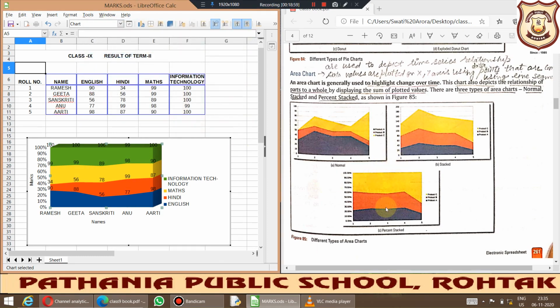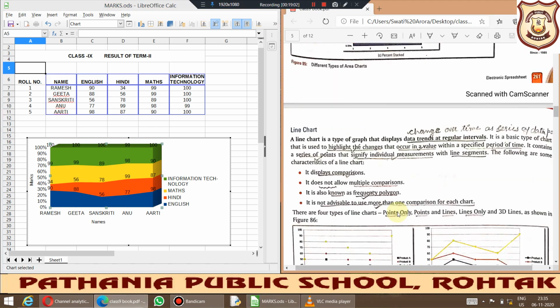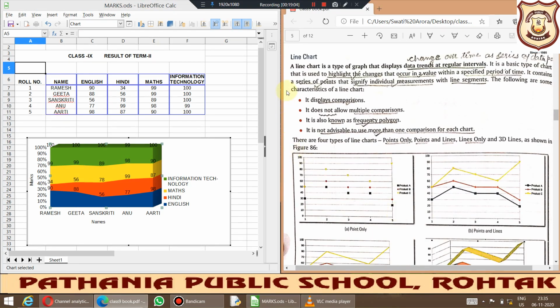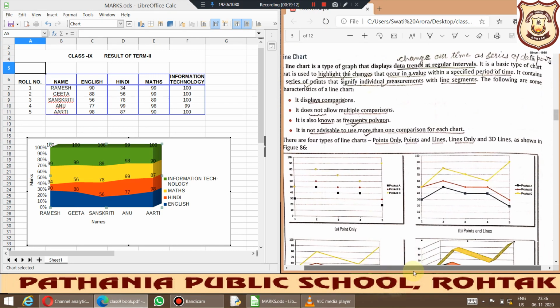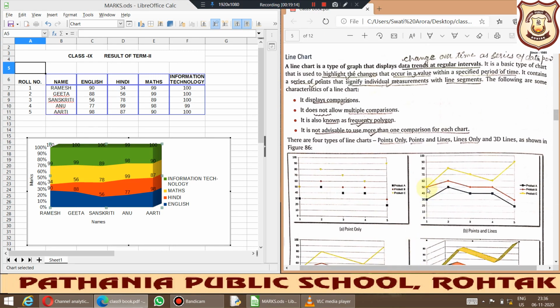Okay, so next comes the line chart. So here the data is represented in the form of lines. Whenever we have to show the changes over time, like initially the sale was this much, and again it went up, and then down, and then up.